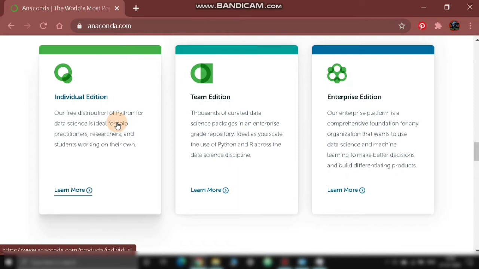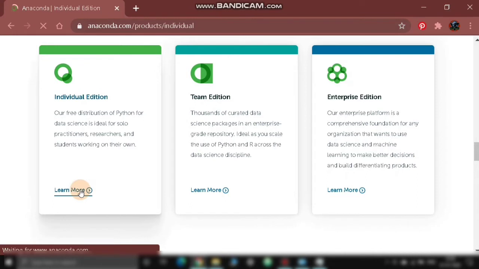But the team edition we can't download, as you have to pay some money for the team edition as well as the enterprise edition. Both of them are premium versions of Anaconda.